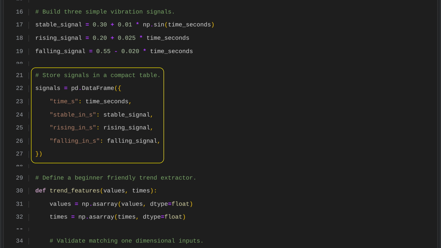We organize the vibration data in a pandas data frame with time in seconds and separate columns for stable, rising, and falling signals. This structured format makes the signals easier to manipulate, compare, and analyze, especially when applying trend analysis